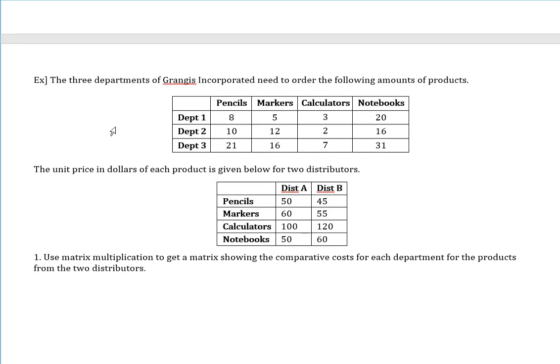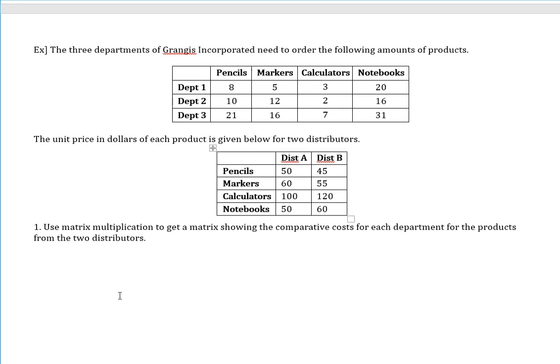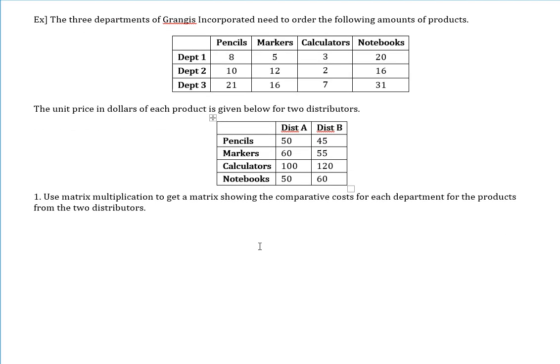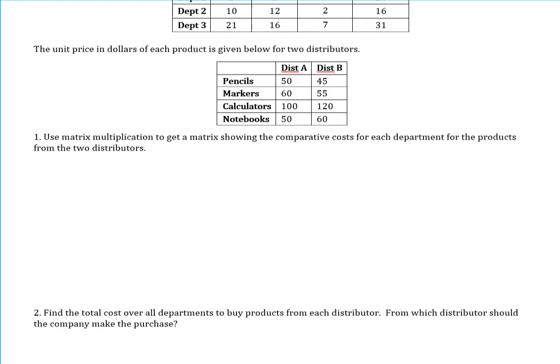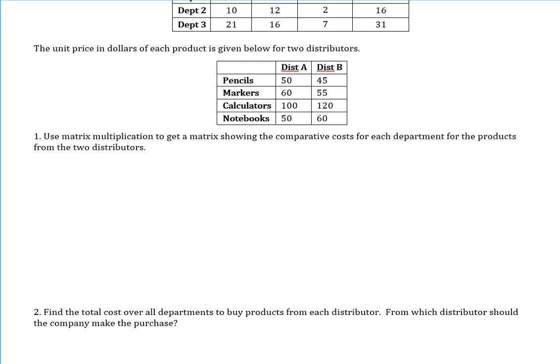So in this example, it says the 3 departments of Granges Incorporated need to order the following amounts of products. Okay, so there's the departments and then there's the products. The unit price in dollars of each product is given below for the 2 distributors. Okay, so these are dollar amounts, and so we've got our products and we've got the distributors. Number 1, use matrix multiplication to get a matrix showing the comparative cost for each department for the products